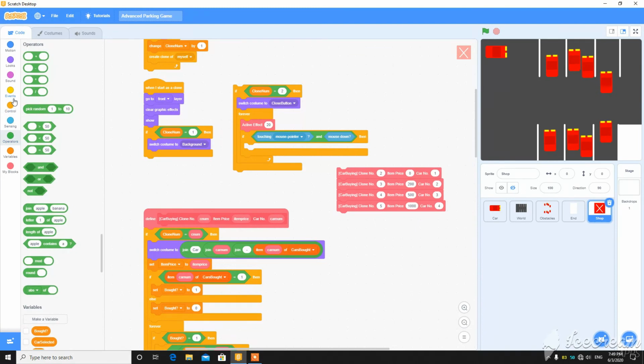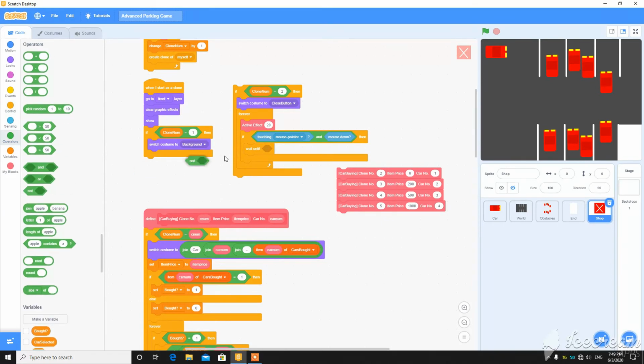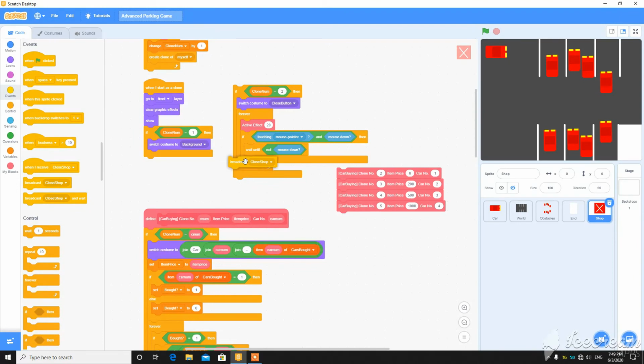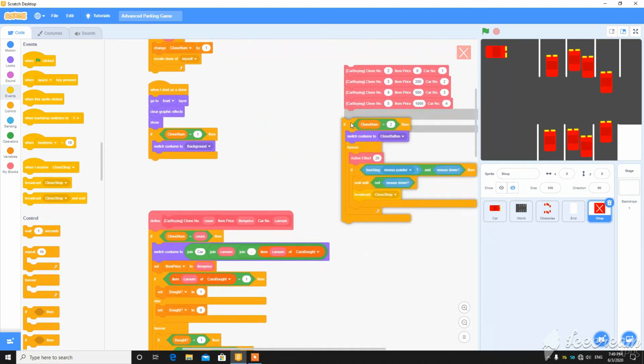Then broadcast, or sorry, wait until not mouse down, then broadcast close shop.